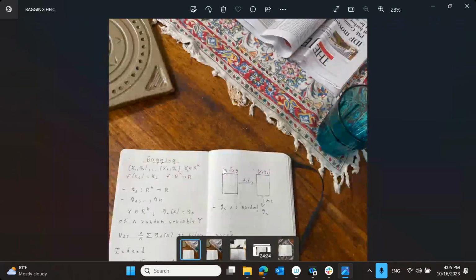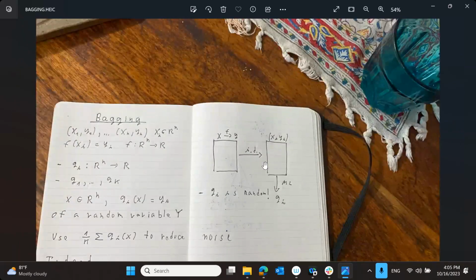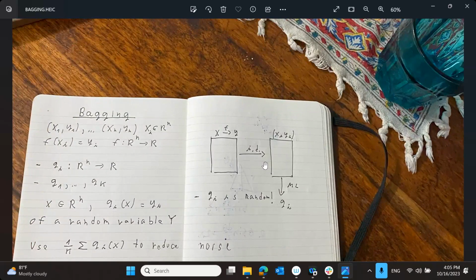Okay, so today we're going to speak about an important statistical technique that enables going from a model that is not very predictable, it's not stable, to a model that is much more stable and predictable. This is a generic technique,